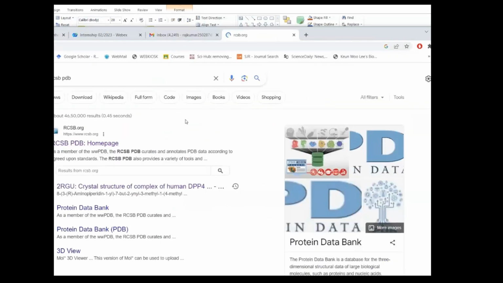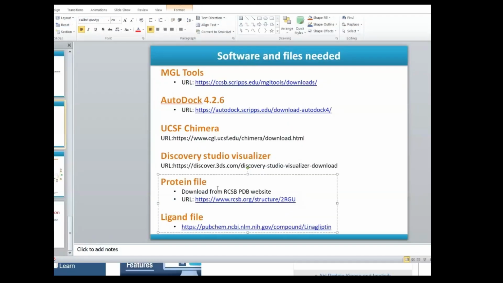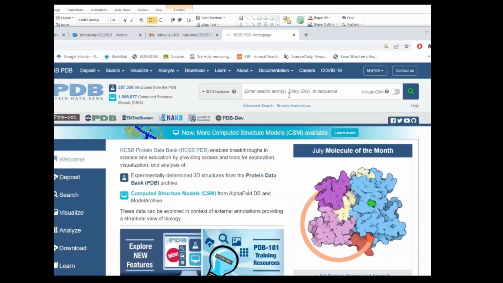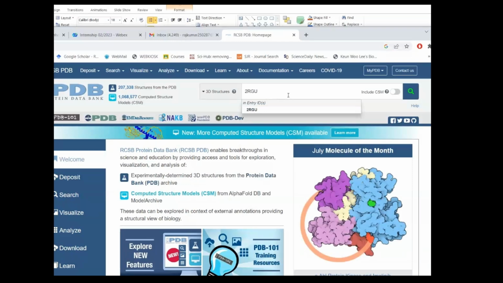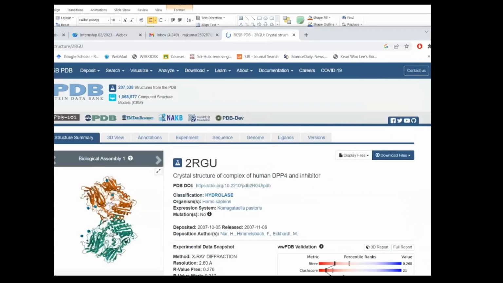If you know the name, either you can type in the name of your protein, or if you know the ID of the protein, that is 2RGU in this case, we'll be using this one. So you can type in the ID here, hit enter, and simply find out the protein of your choice here,